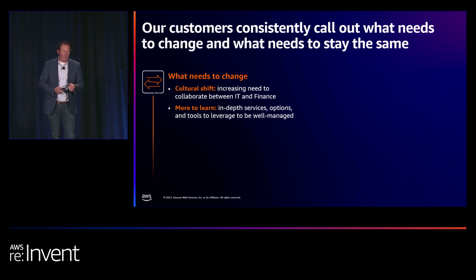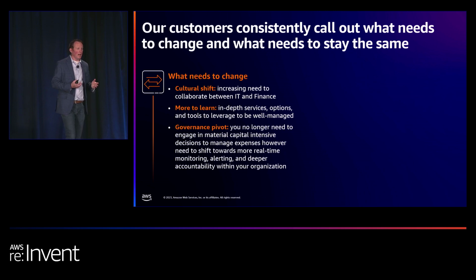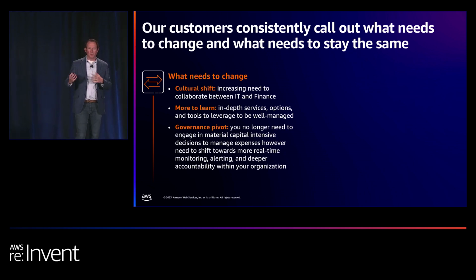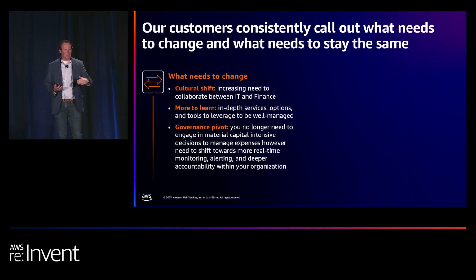And then a huge element that I see with customers is not having the mindset that needs to change as you move to a variable model and pay as you go. There's a big benefit in that in terms of you can scale, but usually finance people get a little worried when they hear variable cost. There's elements of unpredictable nature of that. How do you get a better sense of what's there? And how do you make sure you move away from month-end monitoring and move to more real-time monitoring as you go through this?